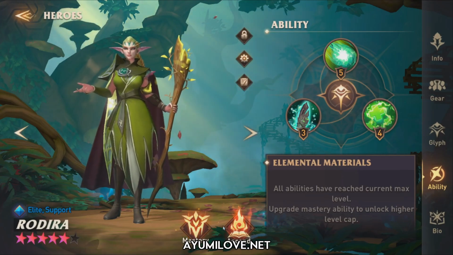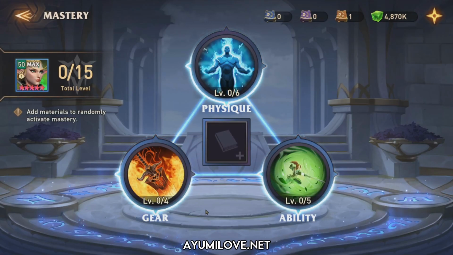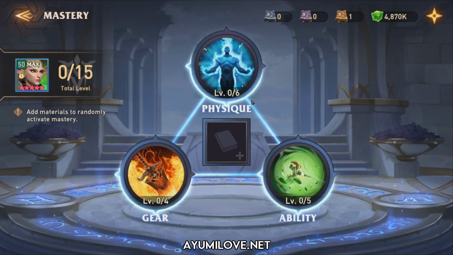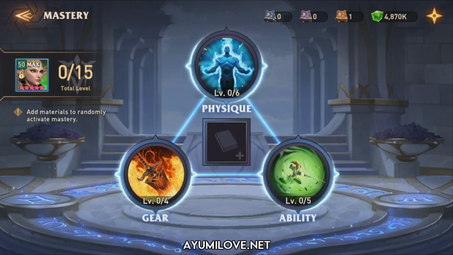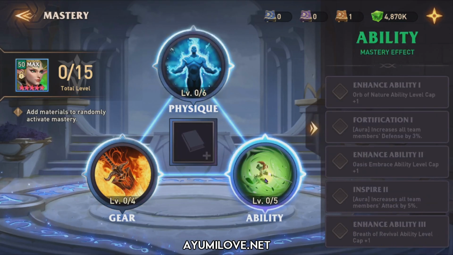And let's check out Rodira's mastery. Currently I do not have any mastery books invested in her because elite mastery books are quite scarce and you can only get them by completing maybe events or Dragon Cup Rally tournaments. So if you have sufficient or a lot of elite mastery books, I highly recommend you use them on your damage dealer first. And then with the surplus of elite mastery books, you can use them on these supporter heroes to boost up their health, their defense stats,